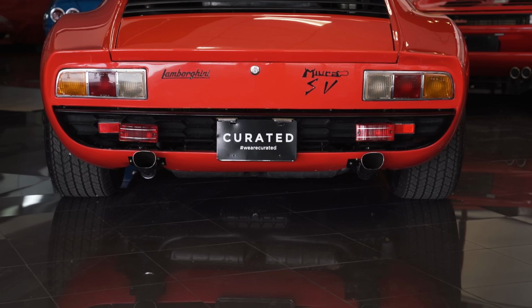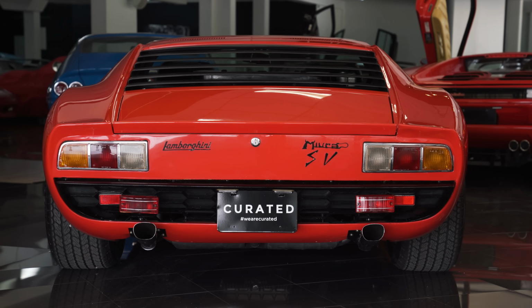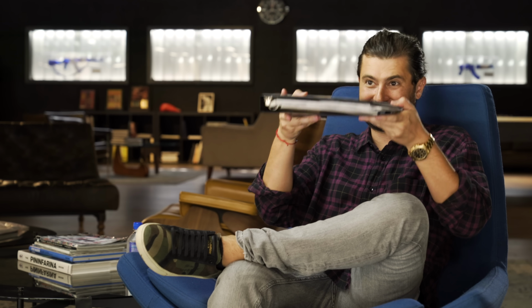This is not just any curated car. You could almost say this car represents exactly what our DNA is. So there's a lot of excitement around this car, and I thought it was cool to have Tim sort of introduce it to everybody. But one of the coolest things about this car is that it came with a stack